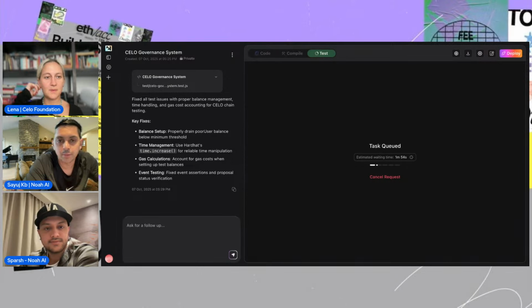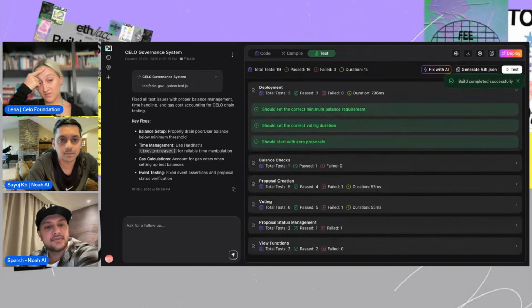So, a quick question for you guys. Let's say I want to build something like this. How long would it take you to build the smart contract for this particular governance system? I think we would research some templates, because you don't want to write your own smart contracts, because that's never super safe.